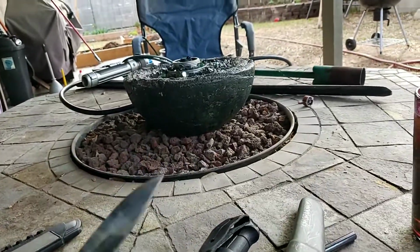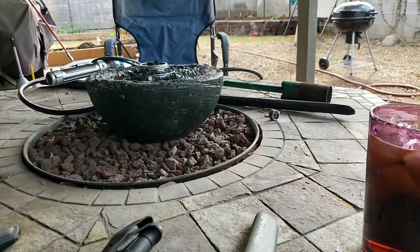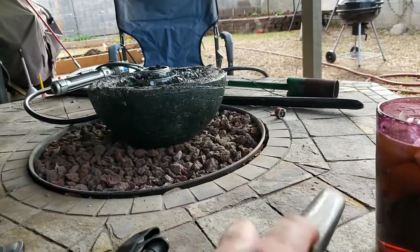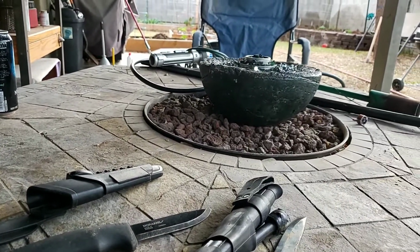So the sheath, out of the two, is my least favorite. And let me show you why. Cheapest knife though, so let's be realistic here. So we'll wait for